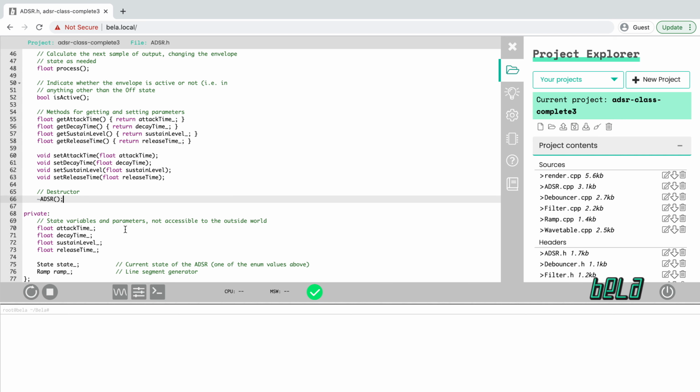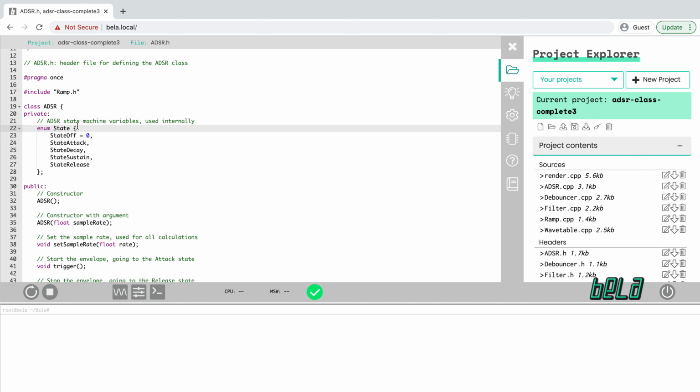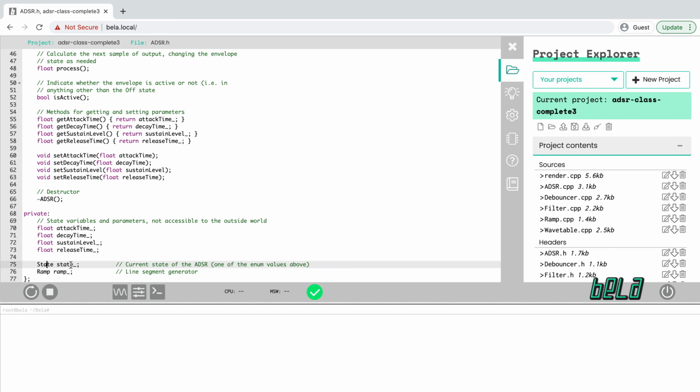And then finally down at the bottom we have the state variables that we need to keep track of across the class. Here notice that the state of the ADSR is not a type int, but is actually type State with a capital S. That is a special type that's been created here in this enum statement. Basically, it's a fancy way of saying that the only valid values of this variable are those that are defined inside of the enum. You could equally well use an int for the same effect, but this is slightly more robust to accidentally writing bugs. We also have our ramp object inside the ADSR class, and this is what's actually going to handle the values